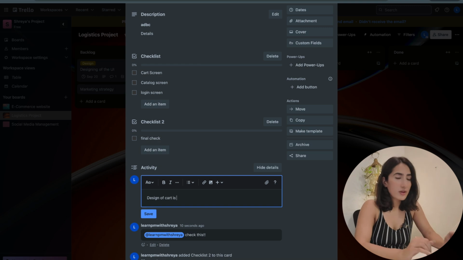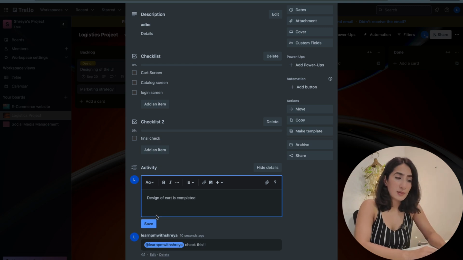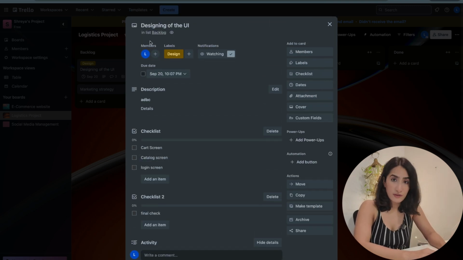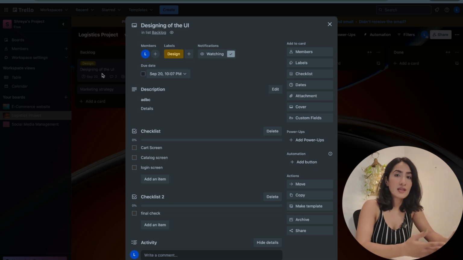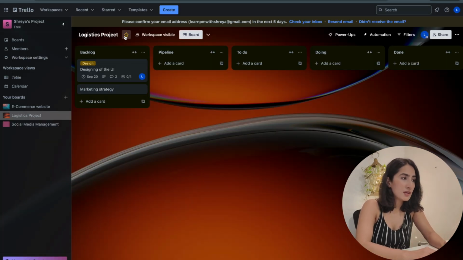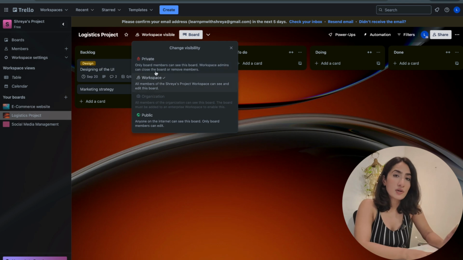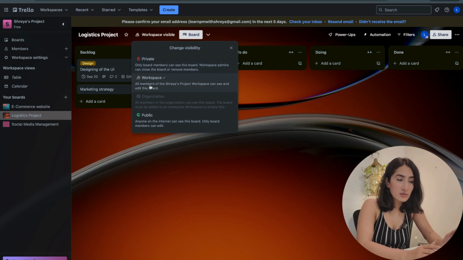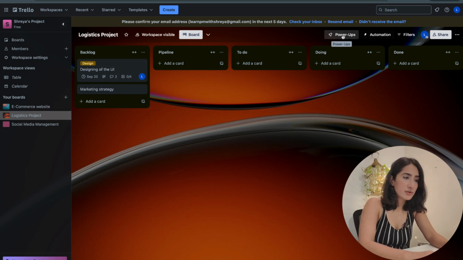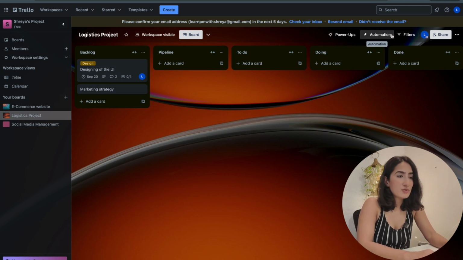So here, now going through it again, we are able to edit the name of the board, we are able to mark it as favorite, so that if you have too many in the future, you are able to mark it as favorite as well. And then you're also able to change the permissions to this certain board, so whom it is visible to. Is it visible to the entire workspace, all of the people that are there, or only to this certain board, whoever is invited here, or even to the public? So power-ups and automations are actually in the paid model, so maybe I'll cover it in some other video in the future. But for now, let me get to the filters.